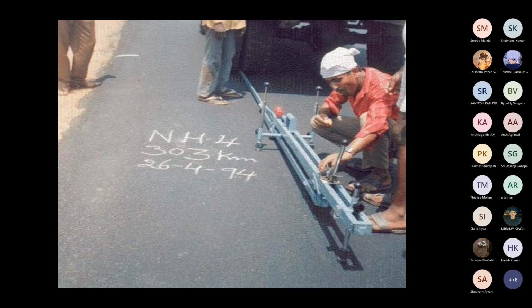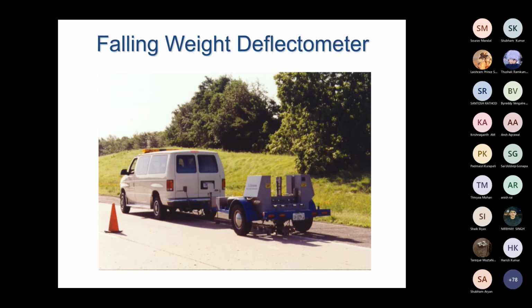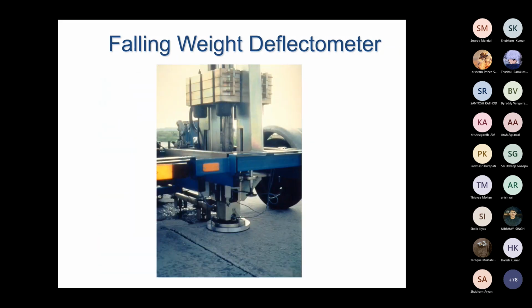So if the deflection is small, your pavement is weak and you require the overlay thickness to be provided, is usually based on this Benkelman beam deflection studies. Falling weight deflectometer. You can see this Benkelman beam deflectometer. These are static devices. Right, at a point you just find what the deflections are. Falling weight deflectometer is more accurate, but it's very tedious and also the equipment is very costly.